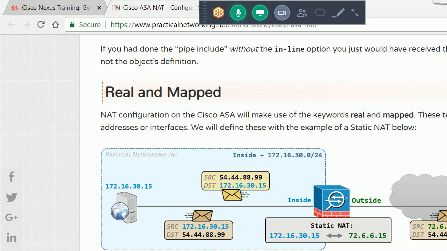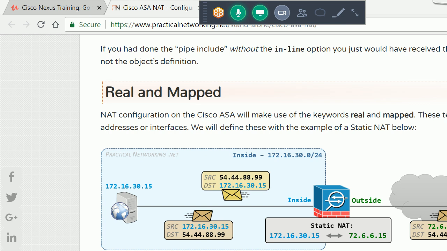So how does packet exchange basically happen? See, this packet is starting. Let's say we have a public IP which is 54.44.88.99. This is the IP address we got from the ISP. The server sends the packet to this IP address.